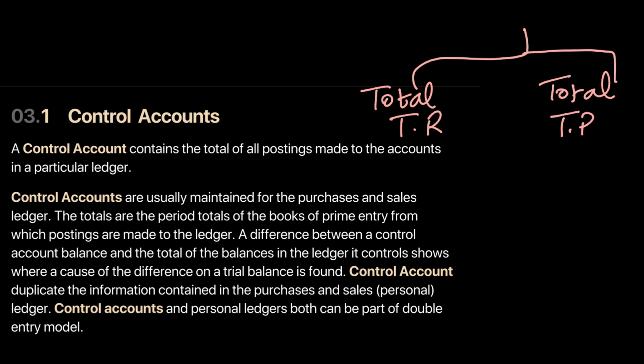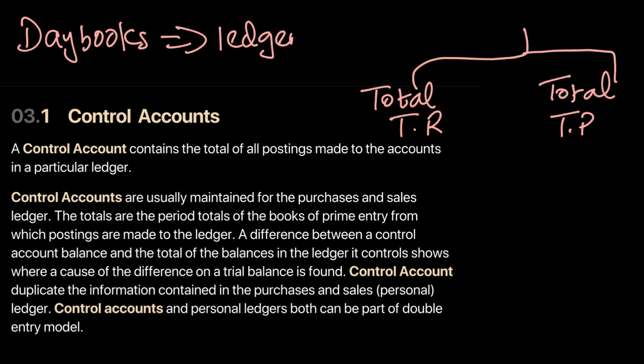So coming back to your basic accounting cycle, once you've entered all the transactions in your day books, you go to the next step where you prepare your ledgers. If you recall from the basic accounting cycle, once the firm has prepared its day books, in the next step they would draw their ledgers, and using these ledgers they would draw their trial balance. Now in your ledgers, obviously you draw your sales ledger, which will contain the record of all your trade receivables. Then you would draw your purchases ledger, which would keep a record of all your trade payables.